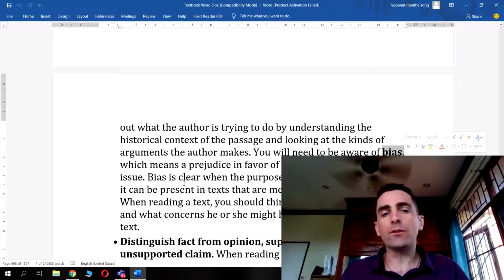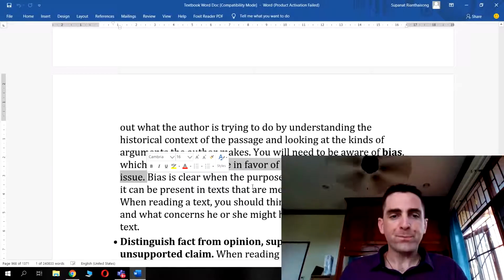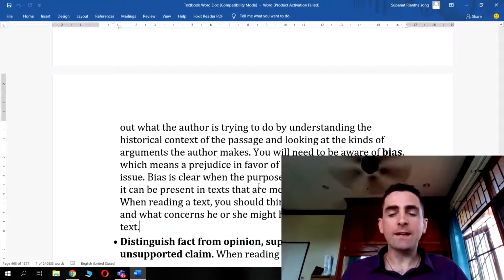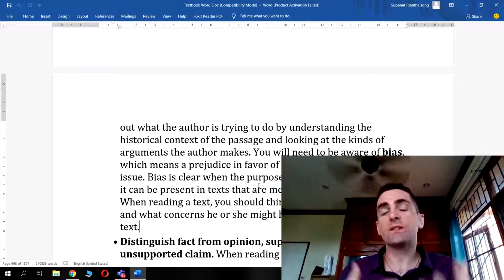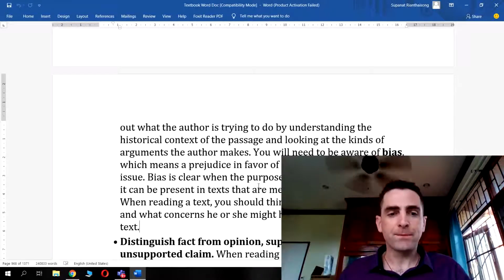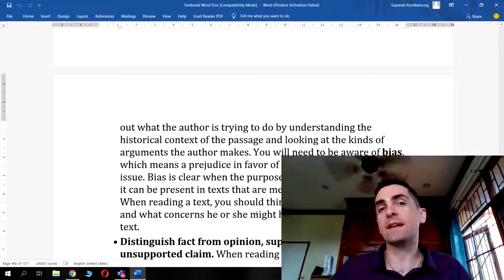Do they have a prejudice in favor of a certain position over another? So when you're reading a text, you should be thinking about who the author is, where he comes from, and his historical significance, and how that might colour his opinion, or how he's presenting himself